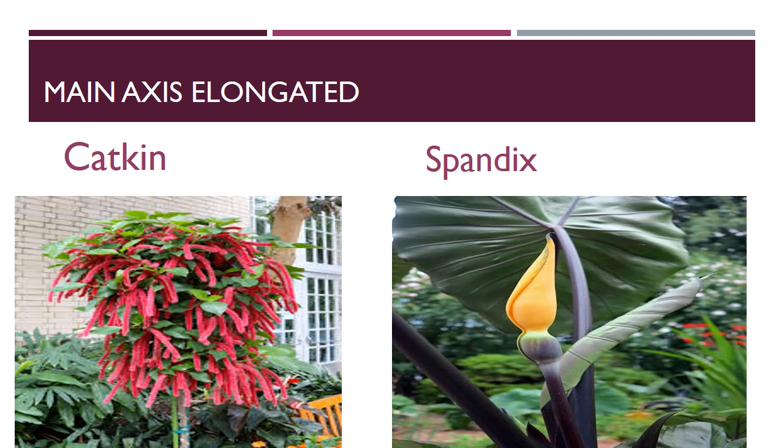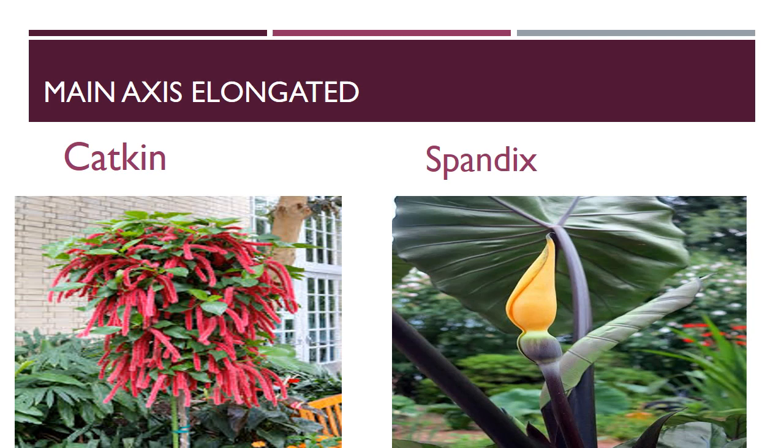What is meant by unisexual and bisexual? Unisexual means a single flower has only one sex, and bisexual means the plant has two types of flowers. One flower is a male flower, then another flower is a female flower. Okay, this is unisexual and bisexual flowers. Then this picture is Acalypha hispida. Okay, this is the flower of the Acalypha hispida plant.